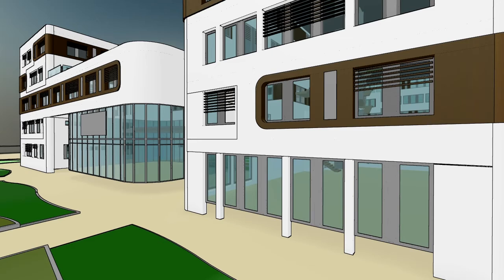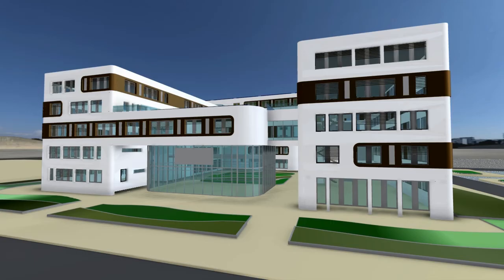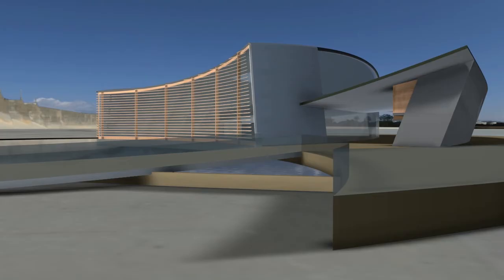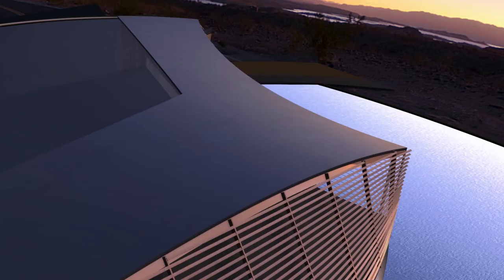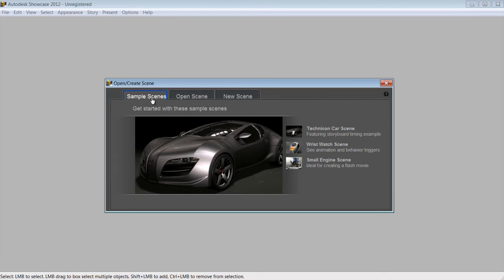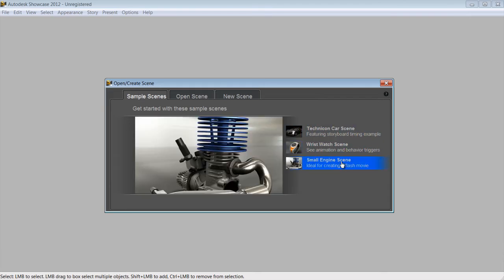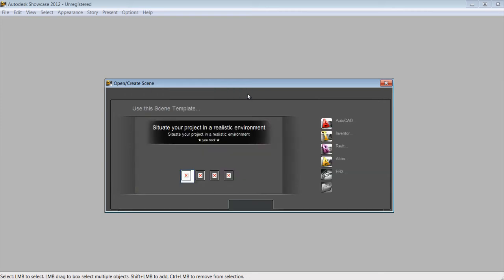Autodesk Showcase 2012 real-time 3D presentation and rendering software enables architects, interior designers, and principals to transform their design into compelling imageries, movies, and real-time presentations. Let's see how you can automatically turn your architecture design into a real-time presentation